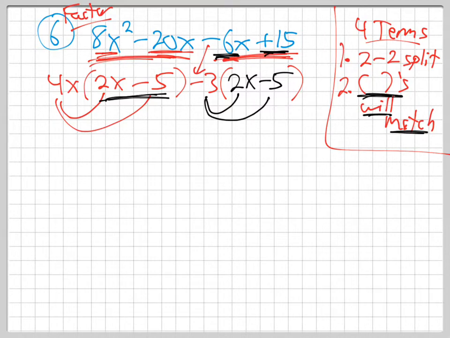That's how you handle a 4-termer. There'll be one of these on Tuesday's exam. 2 terms, 2 terms, a 2-2 split. Okay, now we're not done. We have one more step. We can't stop here because